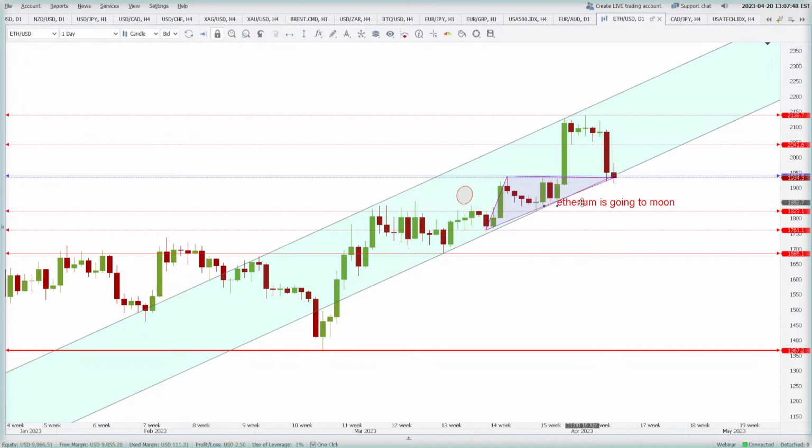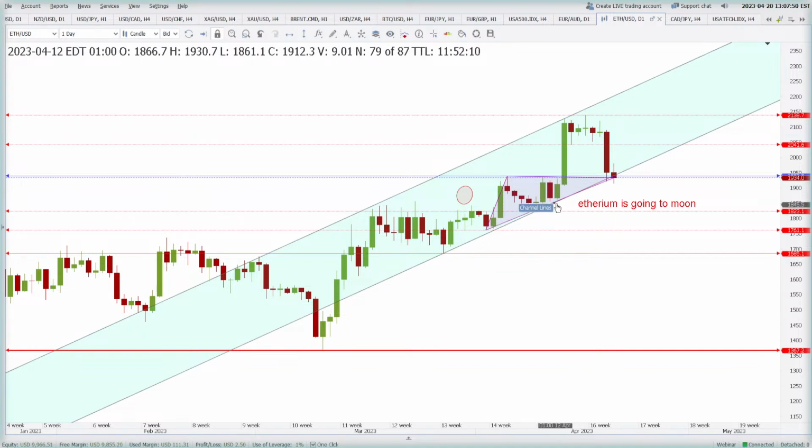Okay, so when I say that Ethereum is going to moon, I mean this. When I see this type of price action in Ethereum, I know that something serious is happening. Something serious happened as soon as this bullish pin bar appeared. If this bullish pin bar is taken out, I mean if the price goes below 1823, I don't want to stay in this market for a very long time. So you can keep your stop loss below 1823. I'm talking about the Lucas Copy charts. These charts differ across different brokers, so you can keep your stop loss below the low of 9th of April this year.